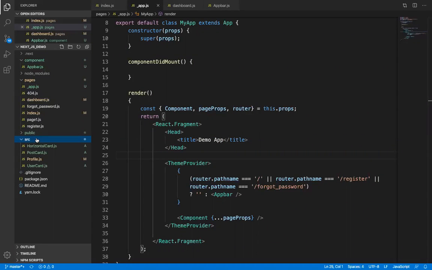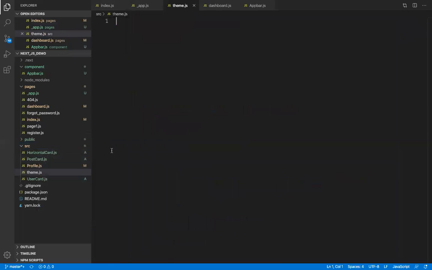So we'll be creating a theme here. Right click, new file, theme.js. So we have created a theme.js here. Inside the theme.js, we'll override the theme data of the Material UI. What we'll write here is, first we'll create a MUI theme, which is import